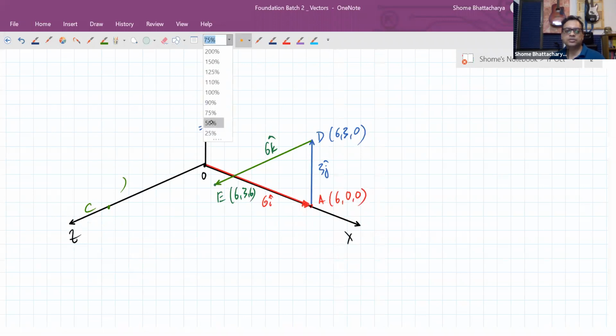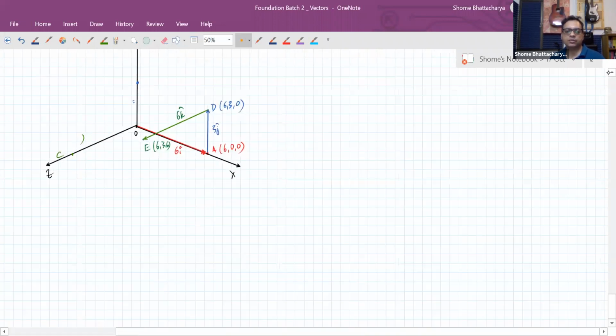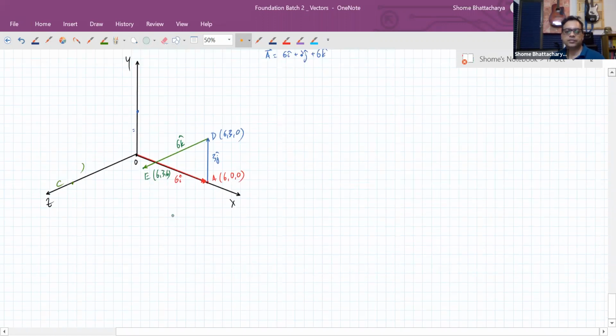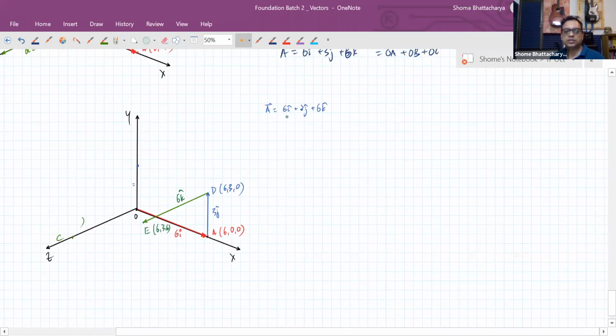Now in my diagram, what is the vector A, which is the sum of these three vectors? It is nothing but the vector joining my origin, because that's where I started from, to my final point here, which is E. You can see that this vector is OA, then to that I'm adding AD, and to that I'm adding DE. So the vector A is nothing but the vector OE, which is a little difficult to visualize in this diagram, but this vector is my vector E.